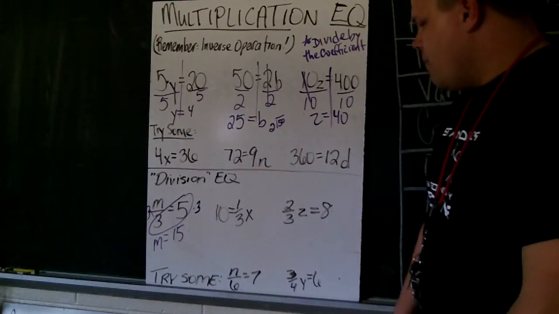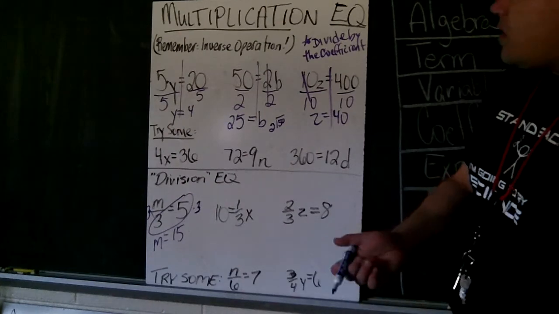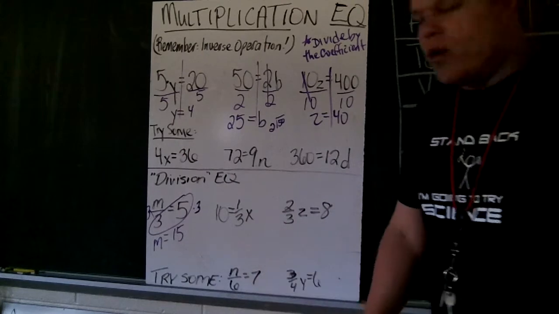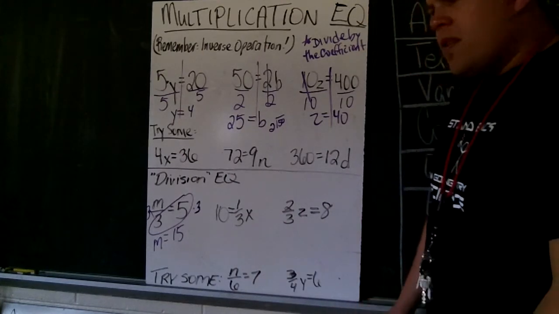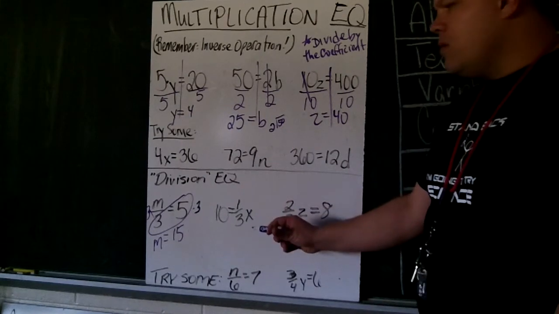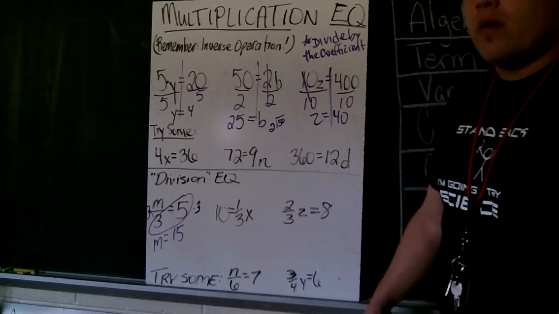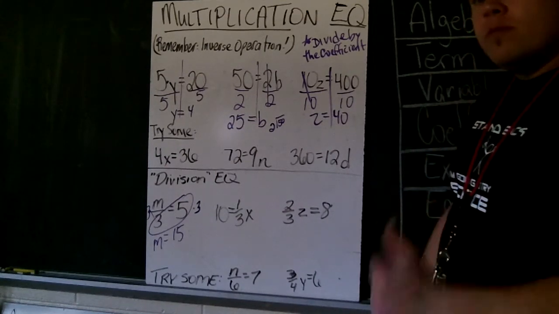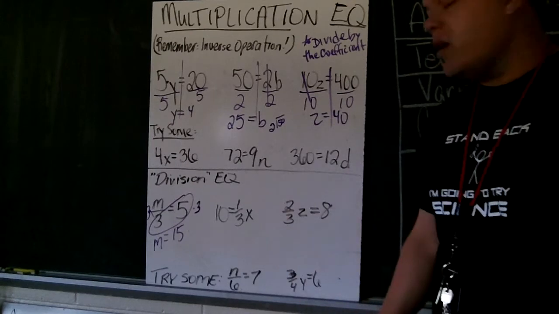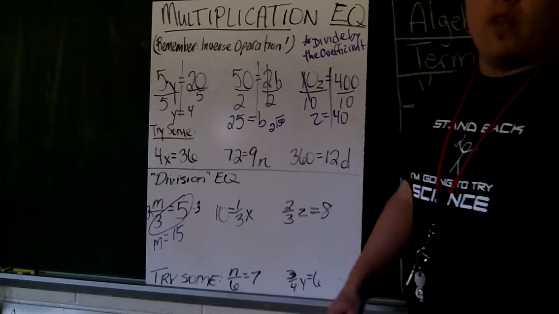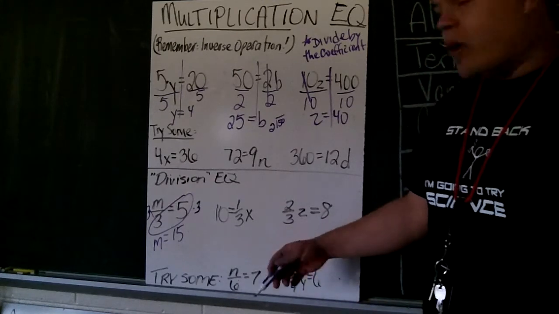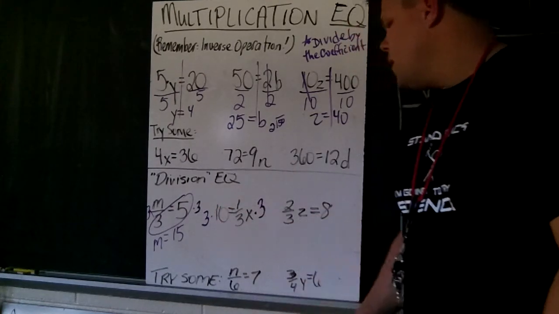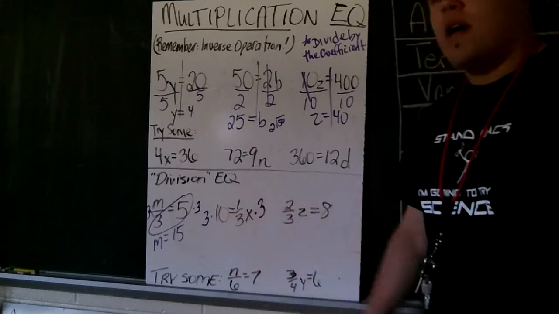Easy stuff. Now, there's another type of division equation that you may see, and it involves having a fractional coefficient. It's a fraction, it's a coefficient, it's called a fractional coefficient. But here's the deal. If we were to multiply by 1/3, that wouldn't get rid of that 1/3. We would have to multiply by a reciprocal, because if I were to flip 1/3, that would be 3. And by multiplying this by 3, it would turn into 1, thereby canceling it. And by balancing the equation and multiplying both sides by 3, I would cancel this side out, keep x by itself,